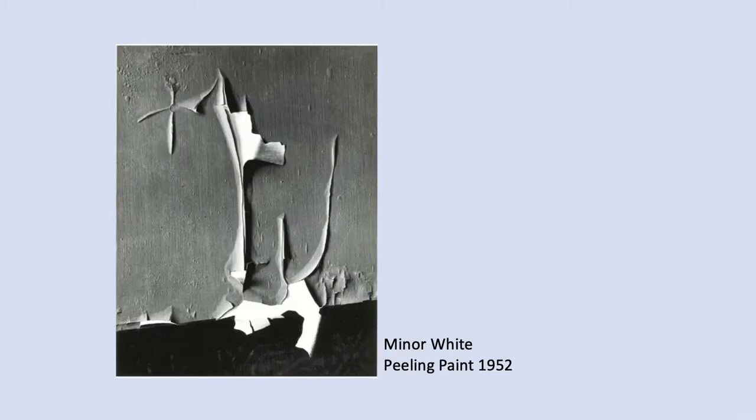Here's a photograph by 20th century photographer Minor White. There's a beautiful range of values here, and also very sharp detail. And what Minor White is interested in here is the abstraction of forms and looking at the formal quality of this composition rather than having to know exactly what the photograph is about. So this is peeling paint, and the contrast here is the driving element of composition in a way that your eye is moving through the image from the bright white areas that stand out in contrast against the more neutral